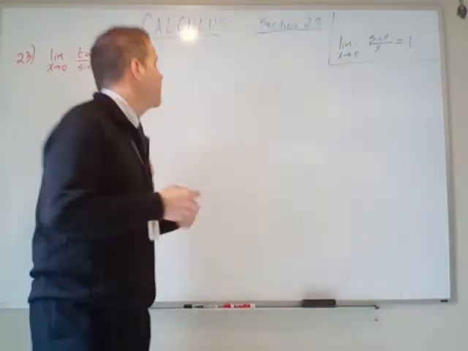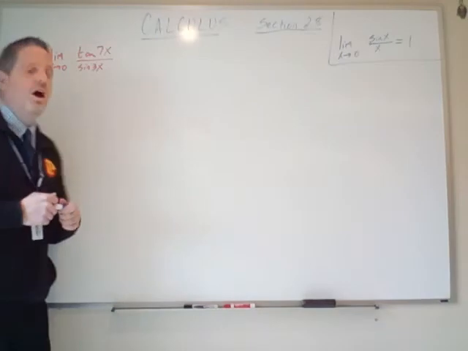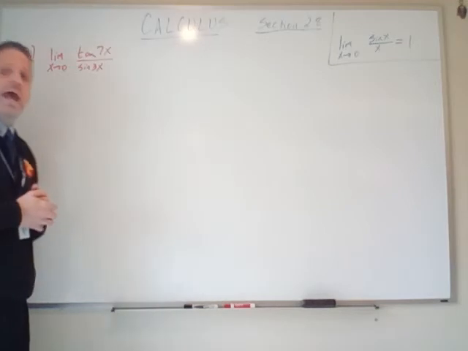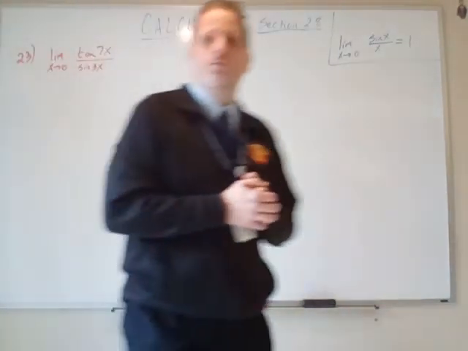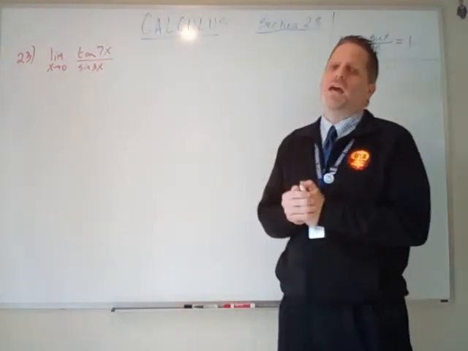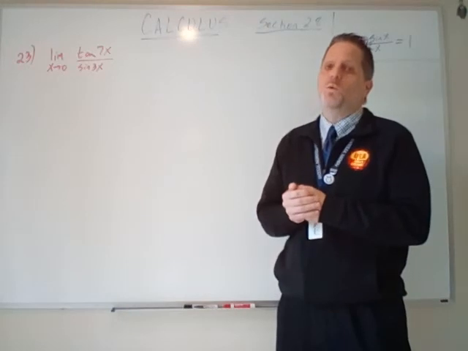All right, let's take a look at another problem here. We've got the limit as x approaches 0 of the tangent of 7x over the sine of 3x. So we're taking the limit at a real number value. So the first thing that we're hoping for is continuity. If we can plug that real number value into the function, get a real number back, we can be done